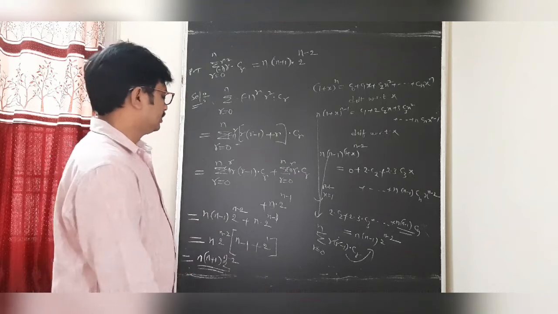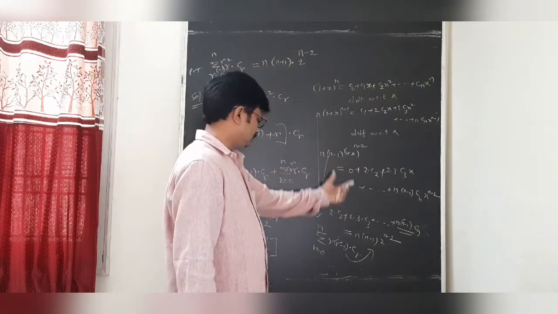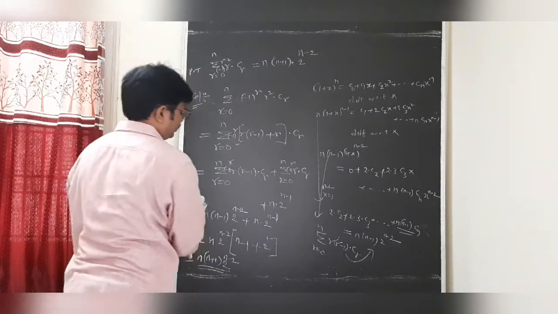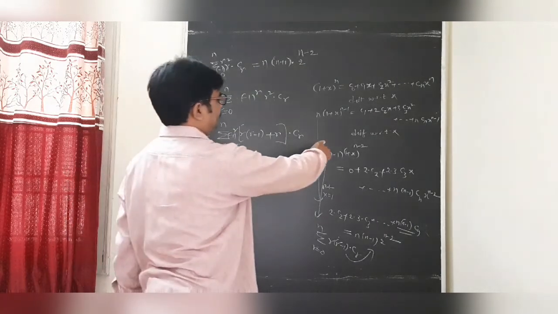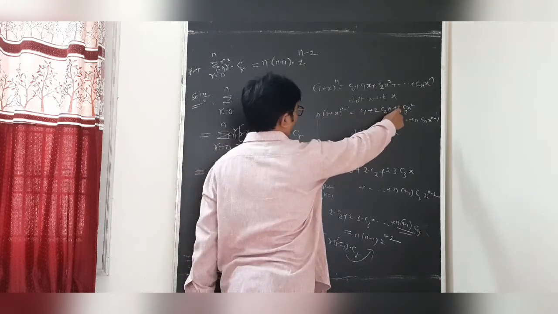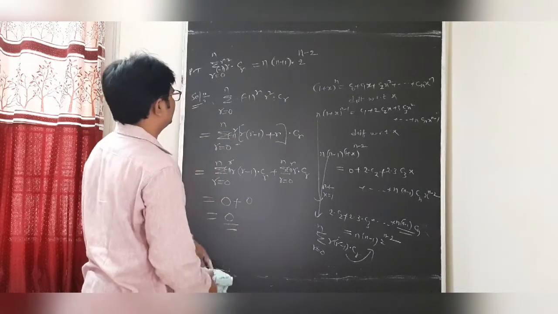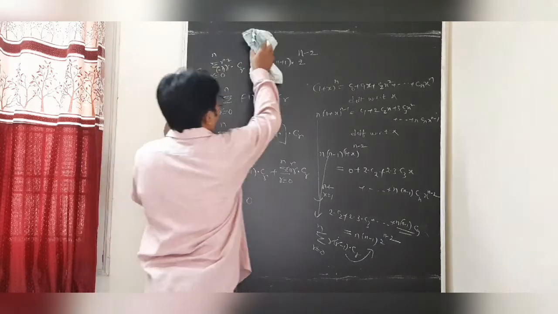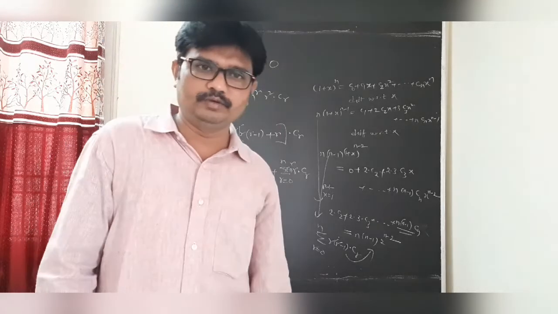Already I explained, students, suppose here we are substituting x equal to minus 1, it will be 0. So undoubtedly, dear students, we can observe that each and every time when the alternating sign comes, this will be 0. After the one time differentiation, when we are taking x equal to minus 1, this is 0: c1 minus 2c2 plus 3c3, this is also 0. 0 plus 0, 0. So students, sigma r equal to 0 to n of minus 1 power r into r Cr, undoubtedly this will be 0. Okay students, this will be 0.